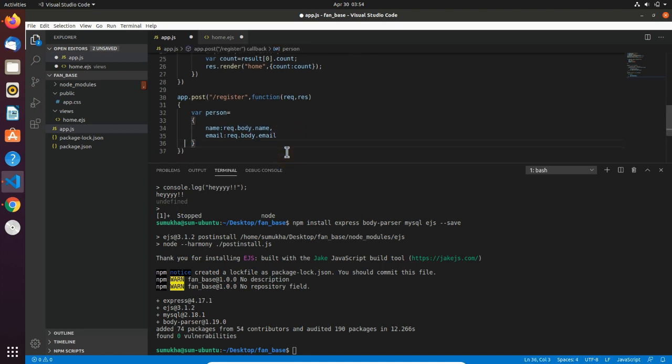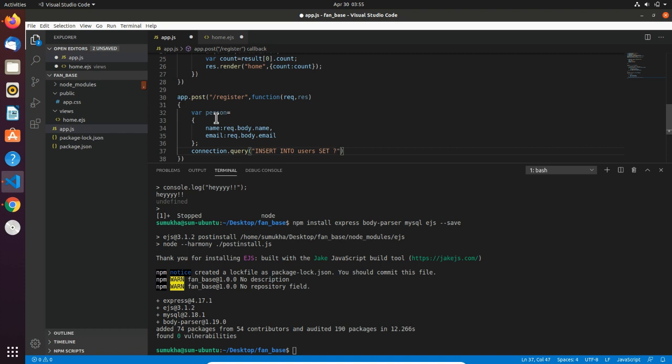Now what we have to do, we have to give this value to the database. We have to insert the values, right? Starting we inserted manually. Now we have to take this data and insert it into your database. So for that, again, connection.query. This time we have to insert, correct? Insert into what? Users. And another way is to use the SET keyword instead of values.